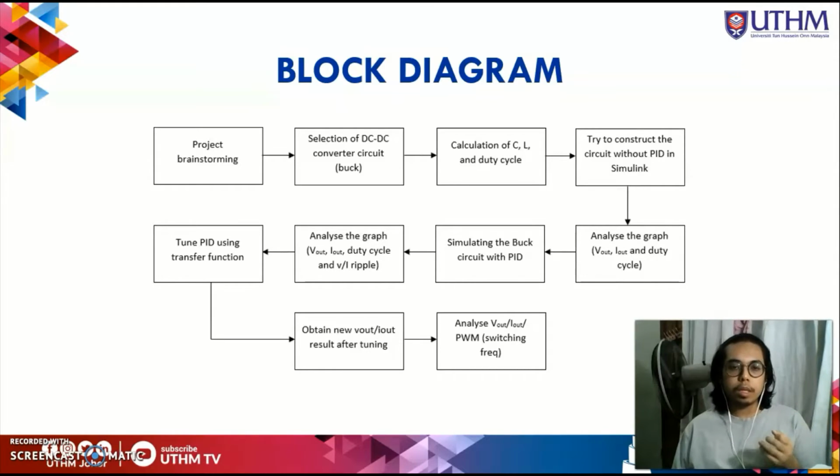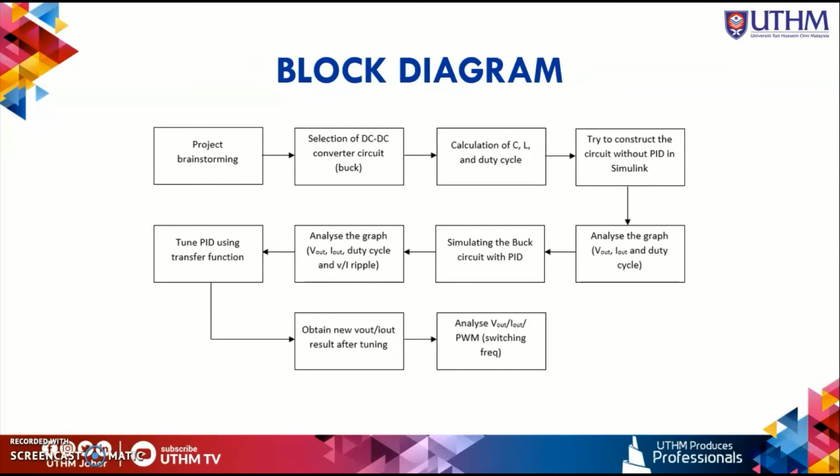So after we see the difference of both outputs from the graph, we want to tune the PID using the transfer function. After we tune the PID using the transfer function, the tuning parameter will give a different output. So we can obtain the new V out or I out result after the tuning, which is from the